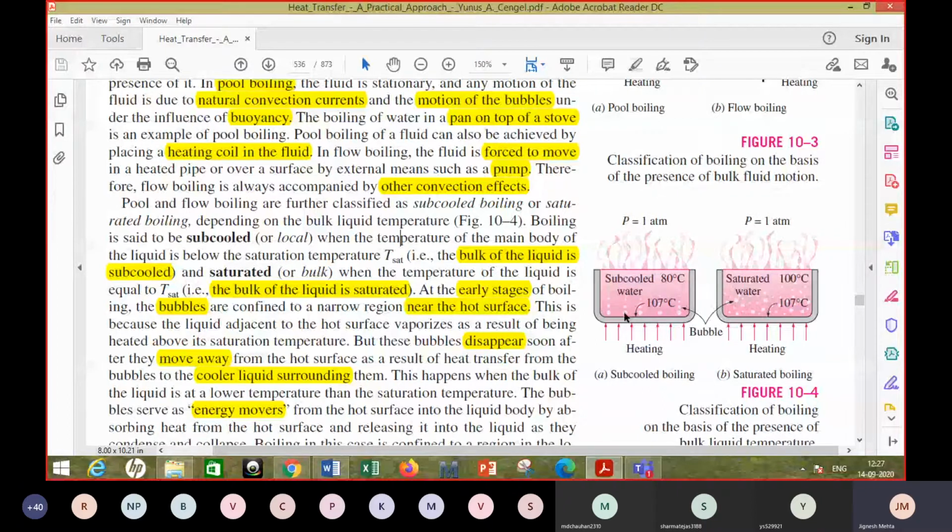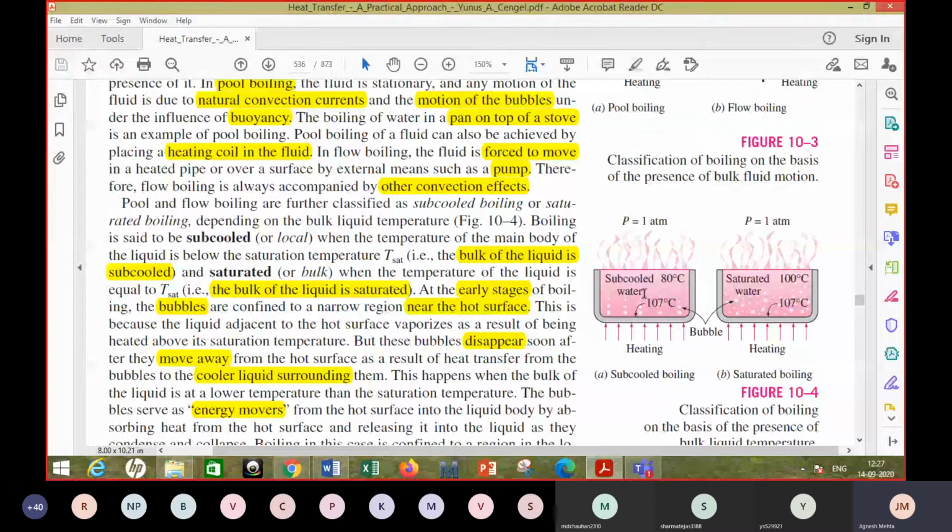So surface temperature would quickly rise because you are supplying a very high flux of heat from here. So surface temperature would exceed 100 degrees Celsius. Here it is shown that it has reached 107, but still the whole body, because of its mass, has not